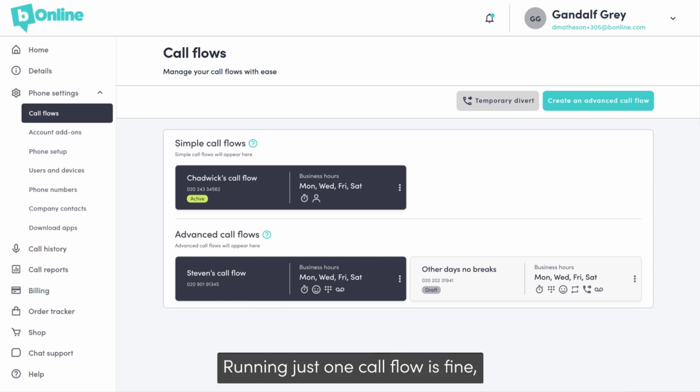Running just one call flow is fine if your business only does one thing. But if you've got multiple services, teams, or campaigns, then multiple call flows lets you build and customize effortlessly. To get started, on the call flows page, you'll see all your call flows in one place, plus the option